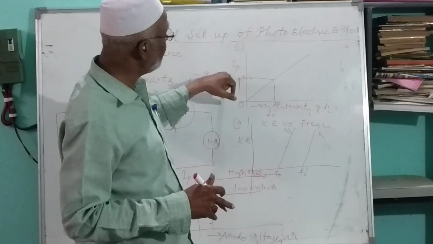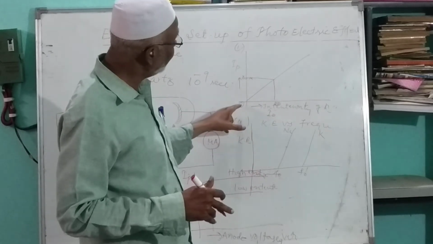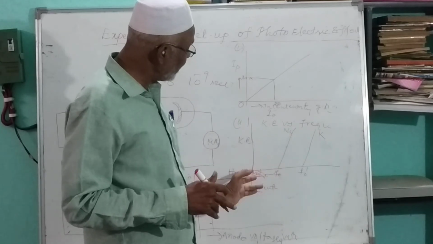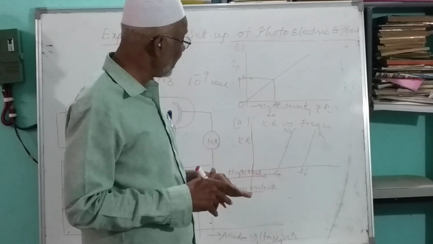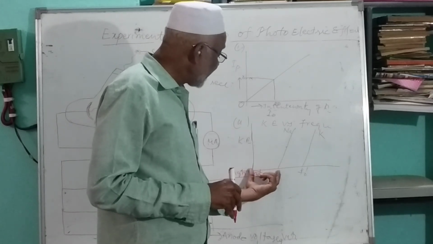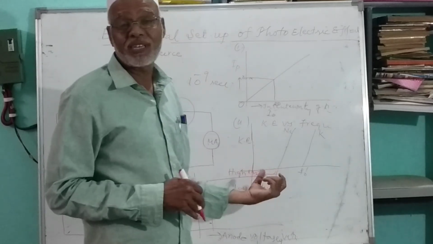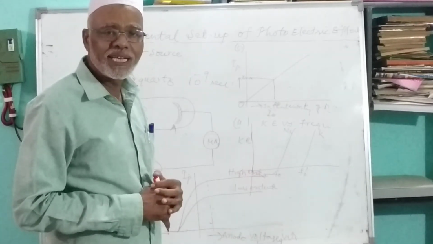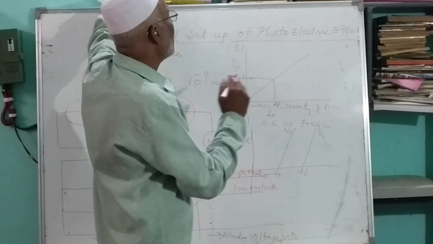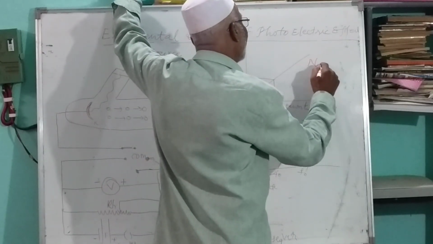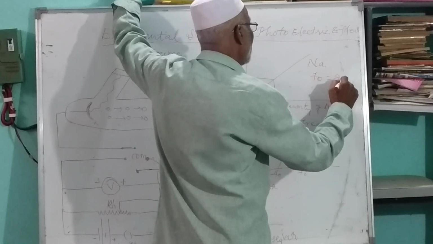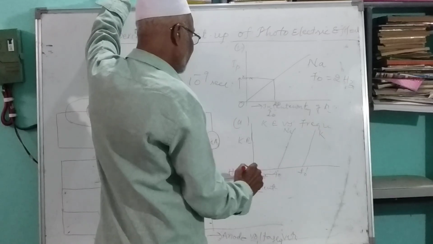in the graph of photoelectric current versus intensity of incident radiation, the graph is a straight line passing through the origin, whereas in this case that is not happening. Why is it not happening? This graph is interpreted as showing the existence of a threshold frequency. How is it explained? Take sodium as an example. For sodium metal, imagine the threshold frequency ν naught is 2 Hz. So on the x-axis we have taken this is the